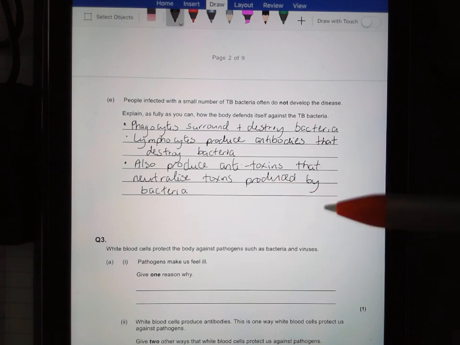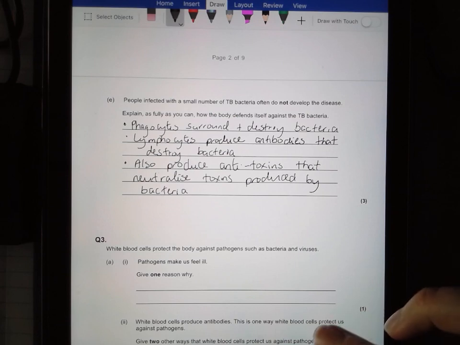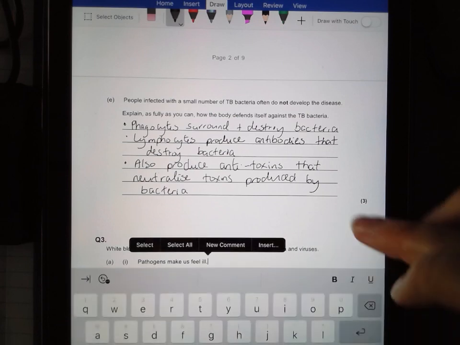But what lymphocytes can also do is produce antitoxins. We know that bacteria produce toxins. That's how they make you sick. Lymphocytes can produce antitoxins that will counteract or neutralize the toxins produced by bacteria. I forgot to mention that in the last lesson, so make sure you take that point down now. It's another thing your white blood cells can do, specifically your lymphocytes. They produce antitoxins. When you've taken that down, we're going to move on